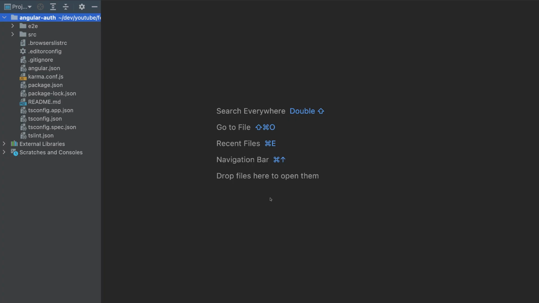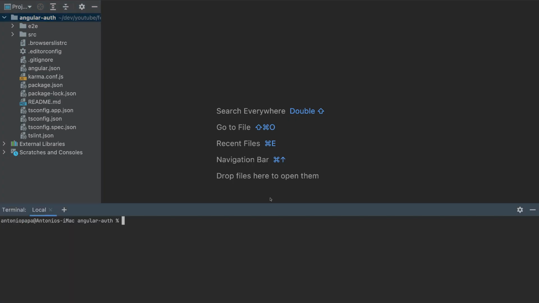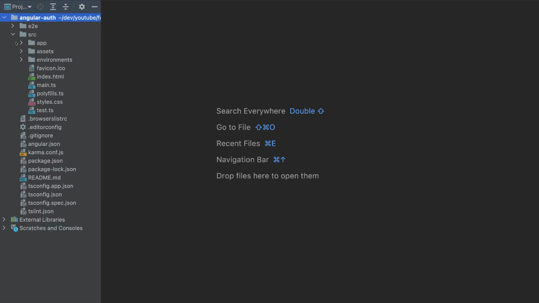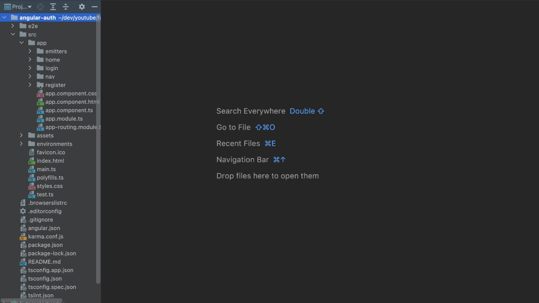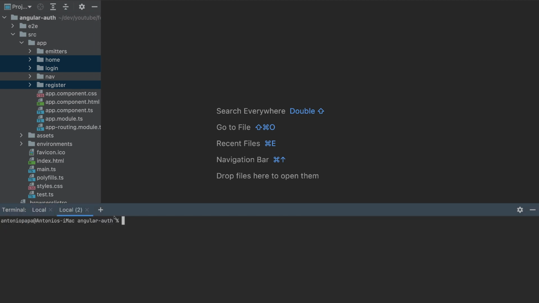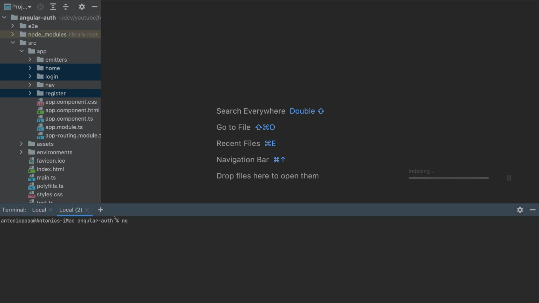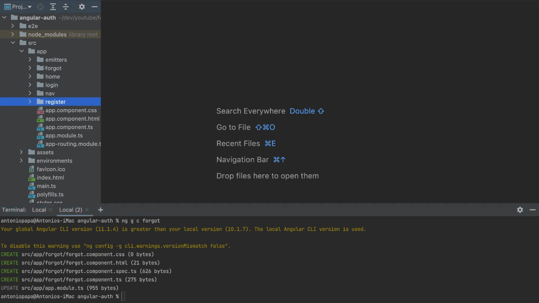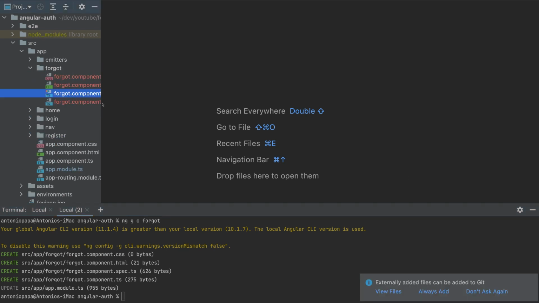So this is a project now. The first thing that we will do here is run npm install. So let's install the node modules. I'll go to the source app, and we have here the pages which are home, login and register. So let's create another component now. So this is not finished yet, so I'll run ng generate component. I will call it forgot. So this will add the files here. So we have the forgot component,